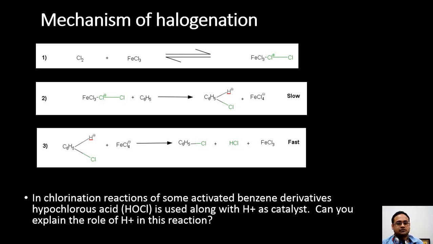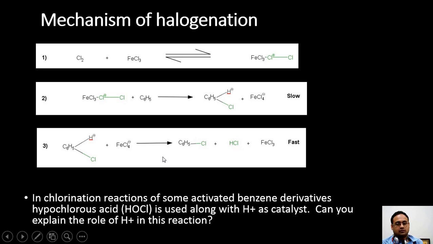Similarly, we can see that halogenation of the benzene ring can be performed using halogens and ferric trichloride. This reversibly forms this complex in which one of the chlorine atoms has an electrophilic character. Because it is electrophilic, it is attacked by the benzene ring, depicted here as C6H6, and this leads to the formation of the carbocation intermediate where the positive charge is delocalized within the benzene, and this is the slow rate determining step. After that, the intermediate quickly loses a proton to give the chlorinated benzene, and this is